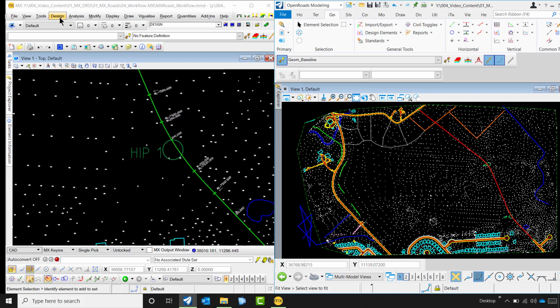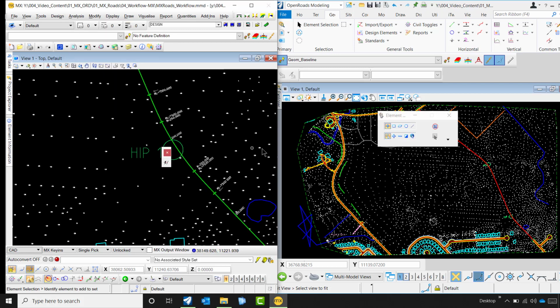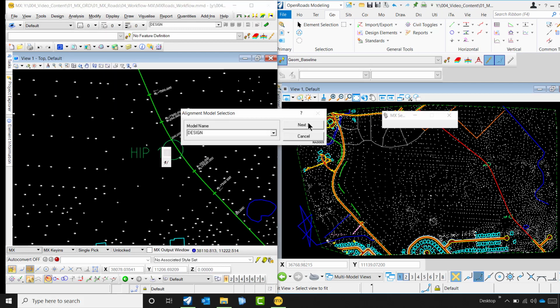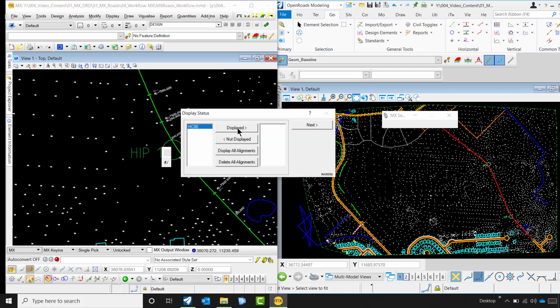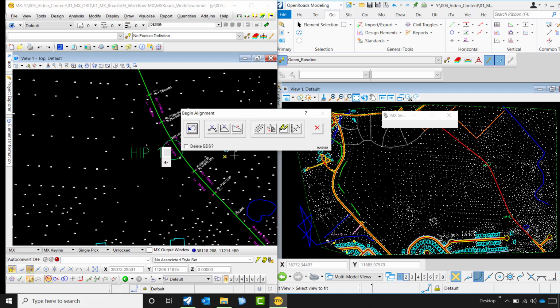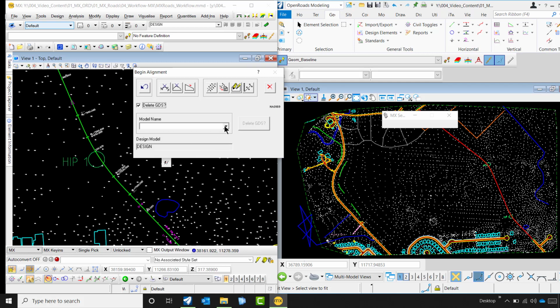So for that, I shall make use of again the design tools alignment over here. Pick up the same model name and display the earlier created geometry over here since I want to make changes, and delete the design GDS.